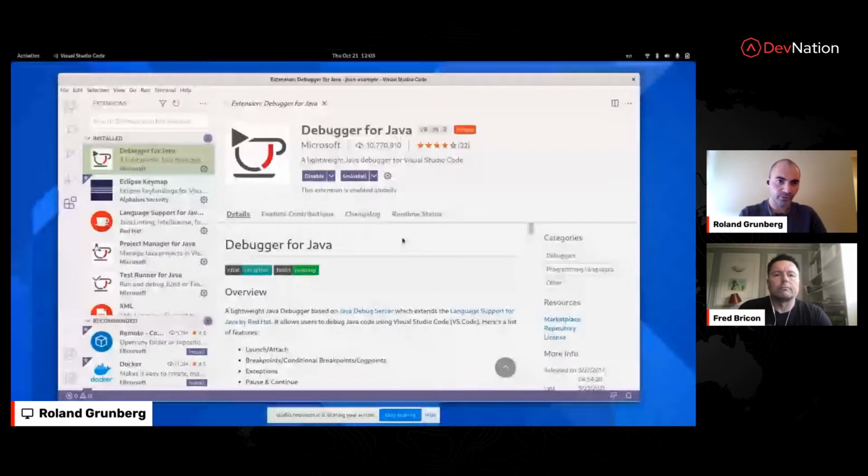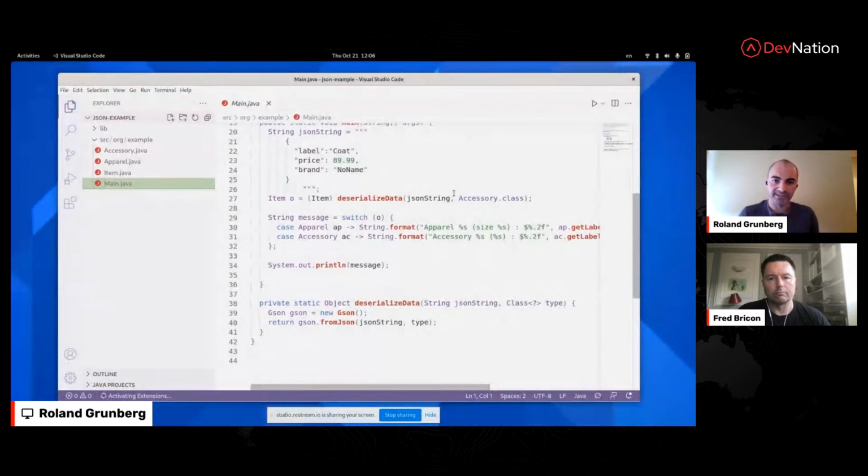Okay, so with that out of the way, I would like to quickly mention that this demonstration is going to be working on what is essentially called an unmanaged project. We work just fine with Maven build projects or Gradle projects, but one of the things that's really cool about our extension, VS Code Java, is it's really easy to start from scratch. All you really need are a couple folders, some Java source files, maybe some libraries, and it's very easy to just open up a particular Java file and the extension starts up and you can get something off the